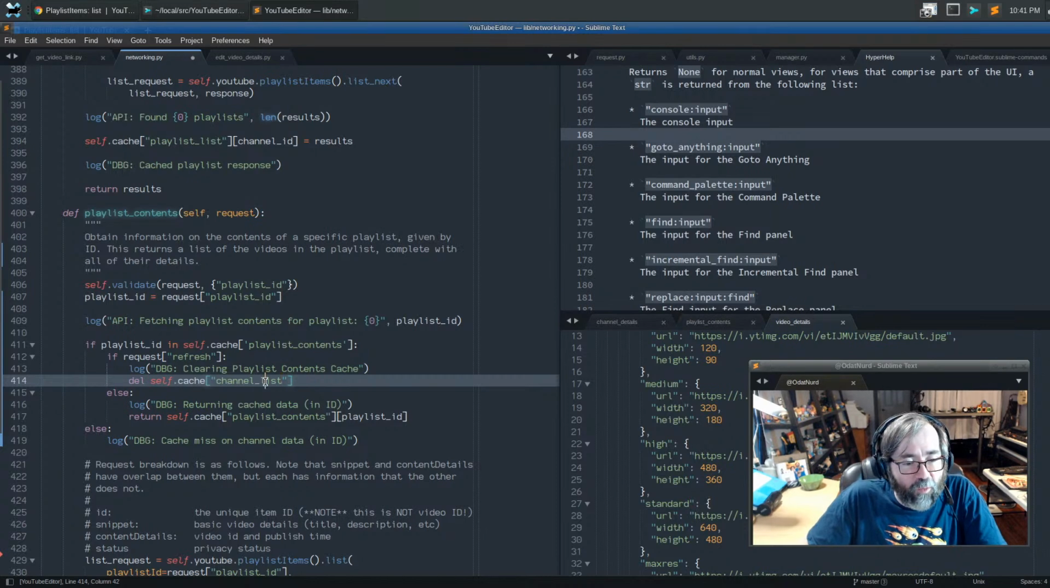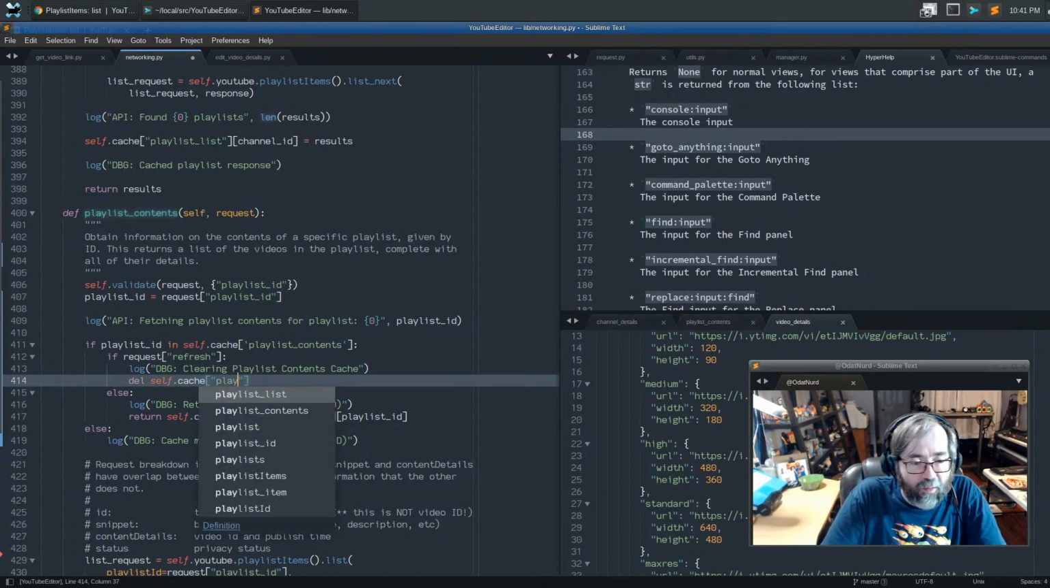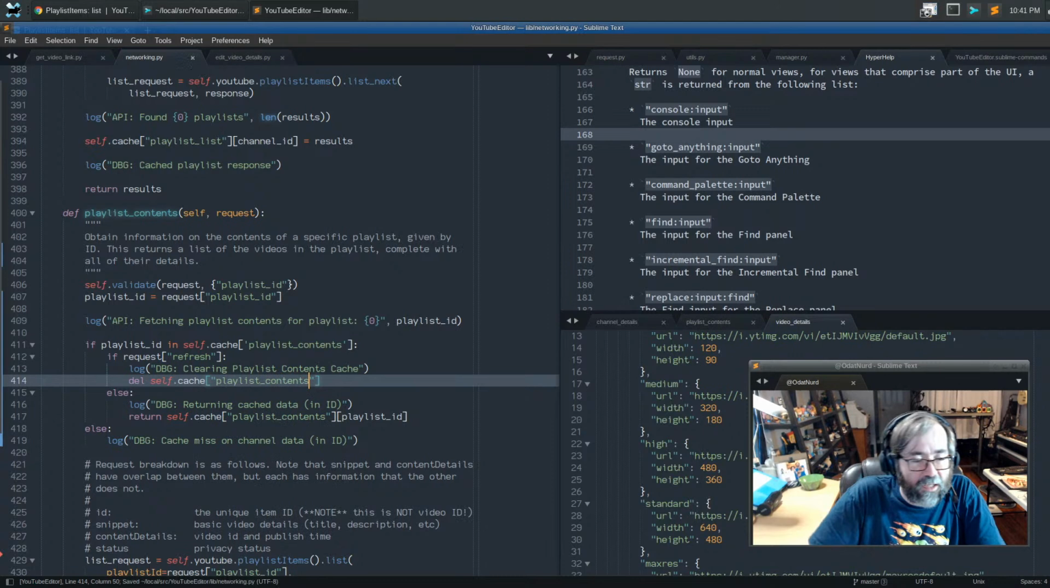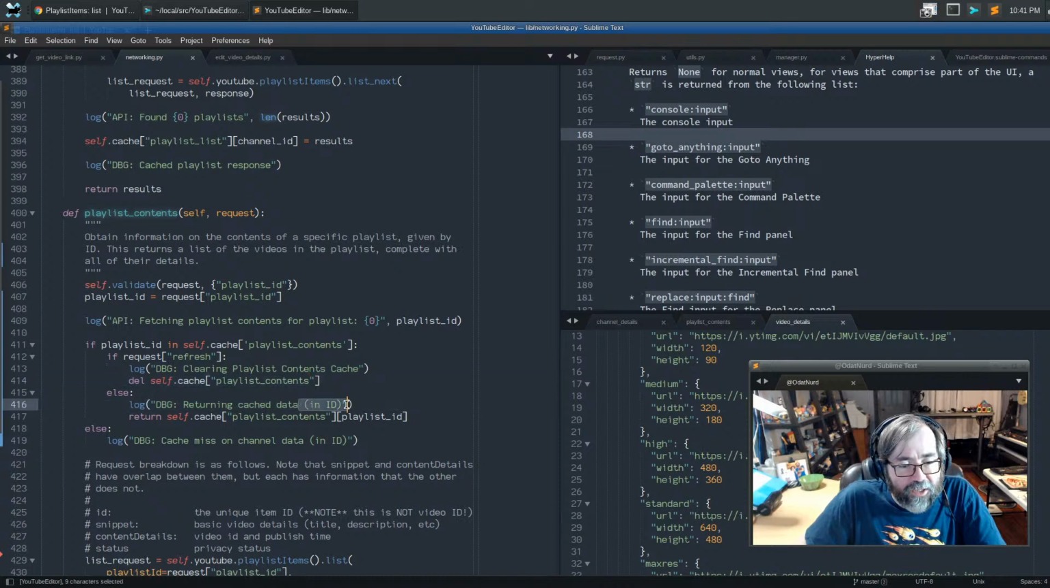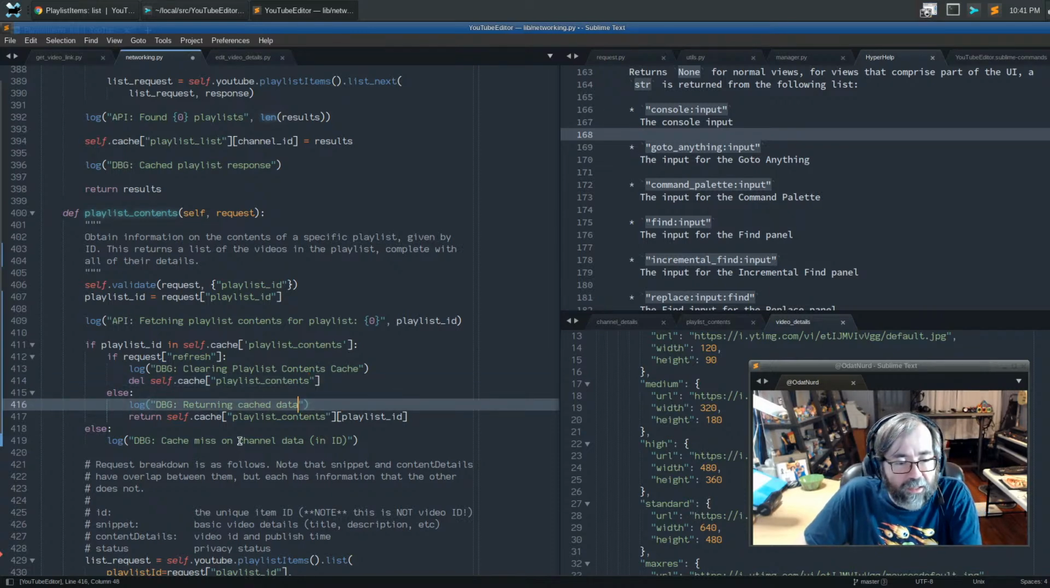I don't like the way that I just discovered a potential bug. Playlist contents. Returning cached data. Yeah, and